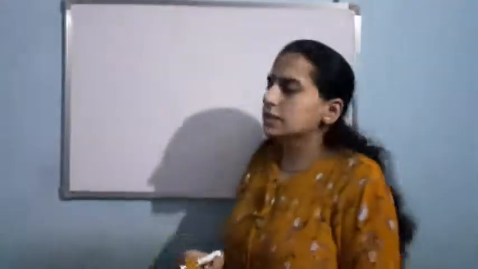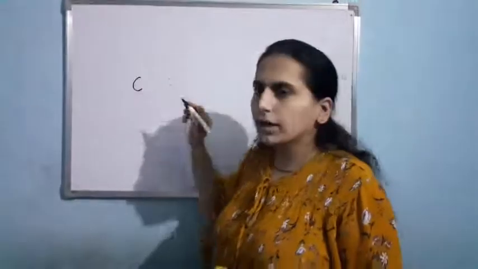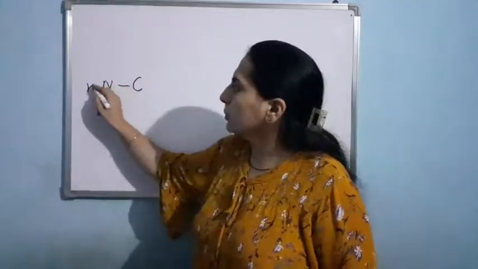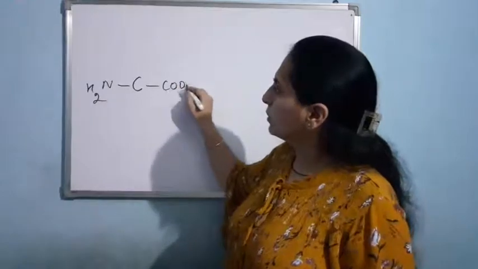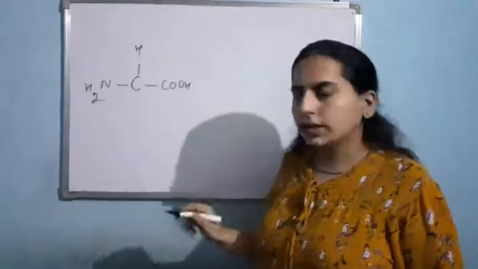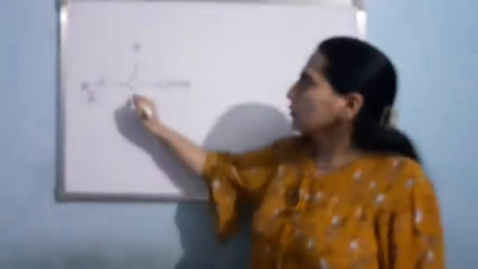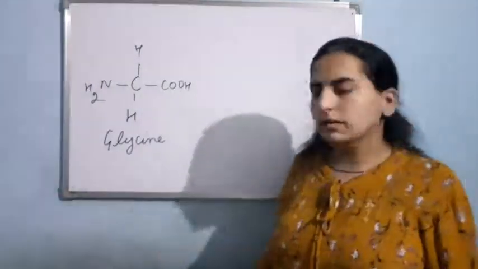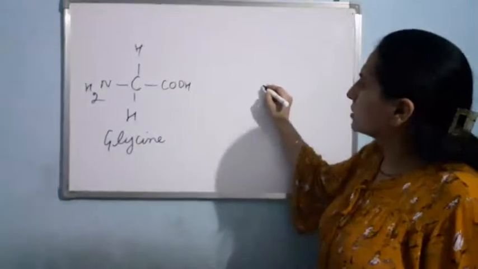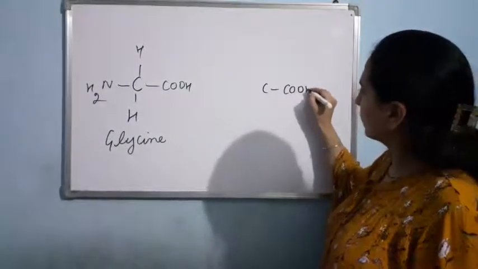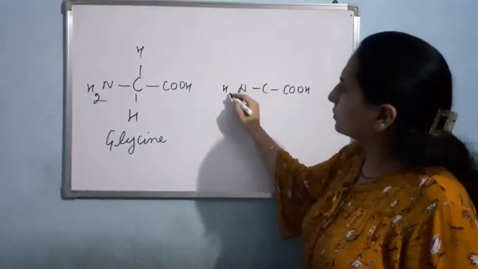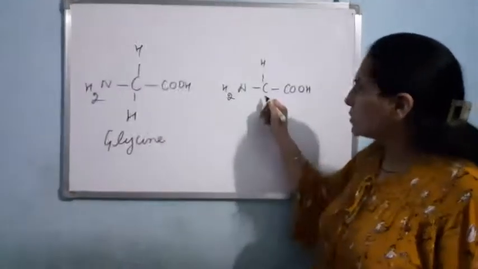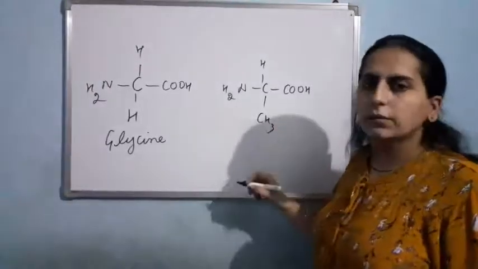As I told you, this is the basic structure of an amino acid. Alpha carbon, NH2 group, COOH group, H group. Okay, now here I have to see. Suppose if here H is attached, then this amino acid is known as glycine. Am I clear? Second example I am just giving. So, the same structure is there. NH2, H. Suppose here the R group is CH3. Now this amino acid will be named as alanine.